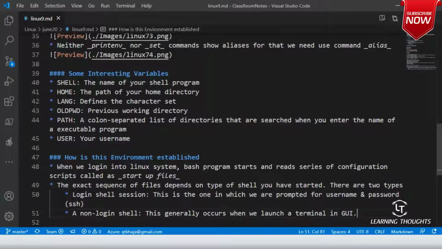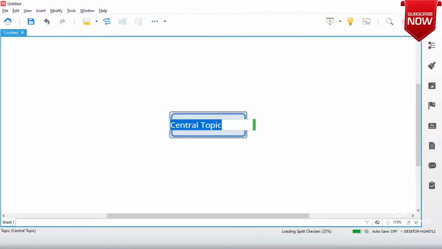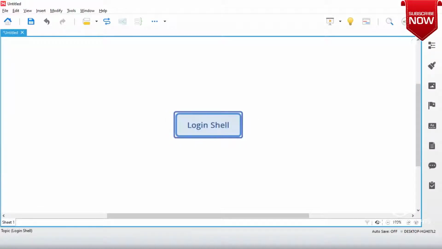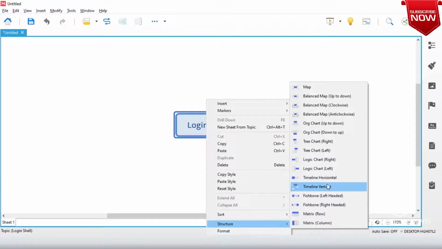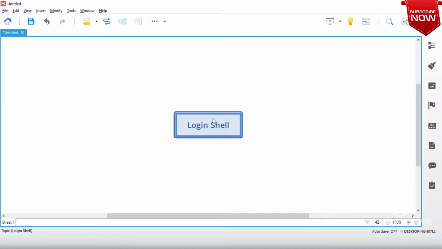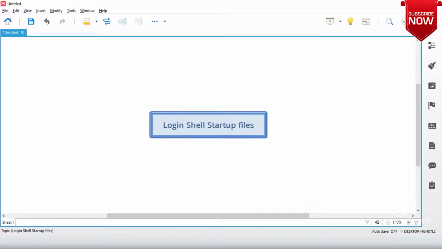So let us worry about what this login shell structure is. Right now I'm interested in login shell. What are the files that are loaded? Let me basically change the structure and org chart up to down. Login shell startup files, right?